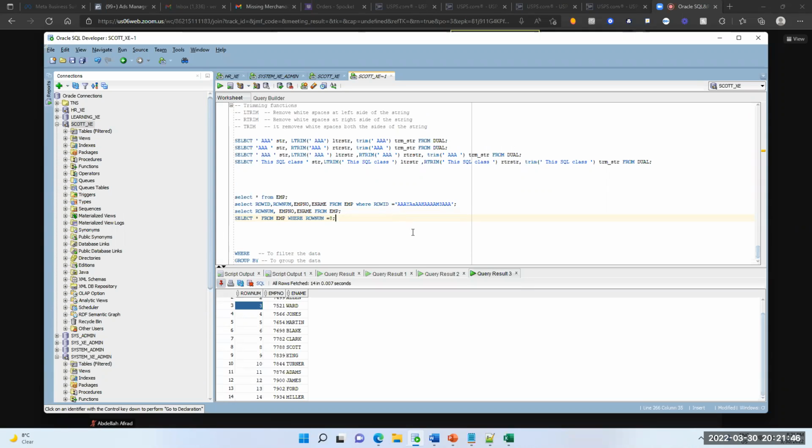What does it return? Any answers? Can you repeat the question, sir? My question is, I write a query like this: select star from employee where ROWNUM equal to 8. What is the result set?